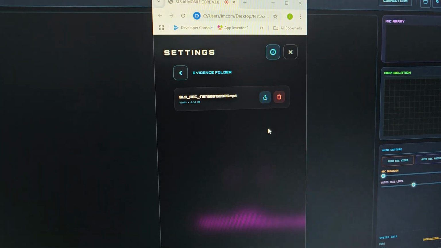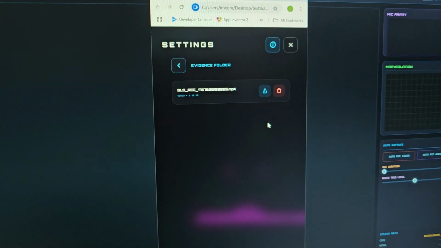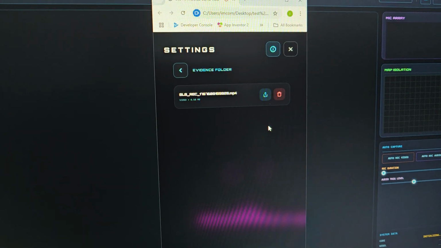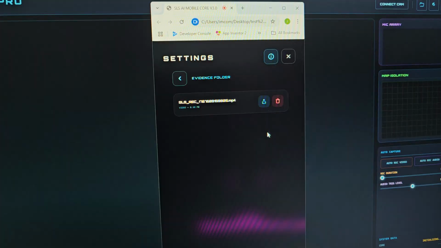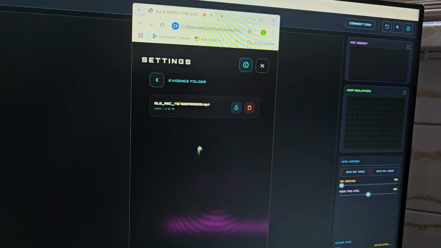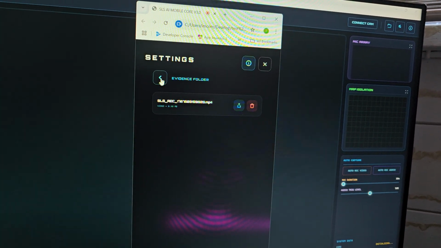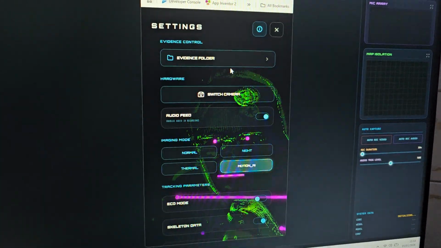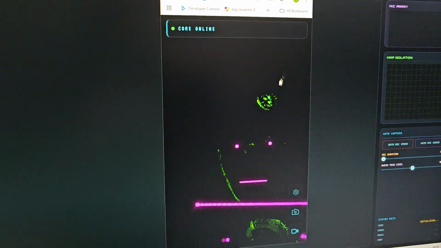So what this does is it allows you to upload to Google Drive, for example, and then download it back to your device and review it. So that's basically that. It's just some kind of file management at the minute. I obviously will be updating that so you can save it right to the camera roll. I just need to figure out how to do it. But yeah, that's basically just a little overview. I'm going to close this one down. I'm going to show you